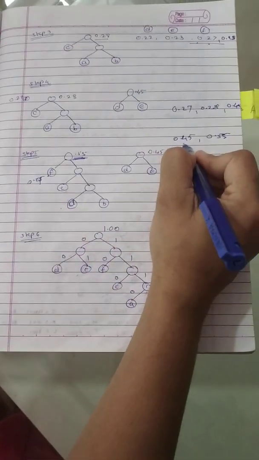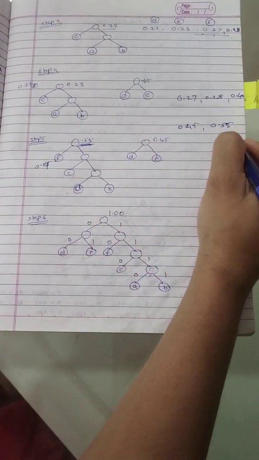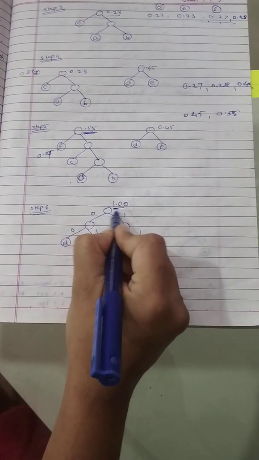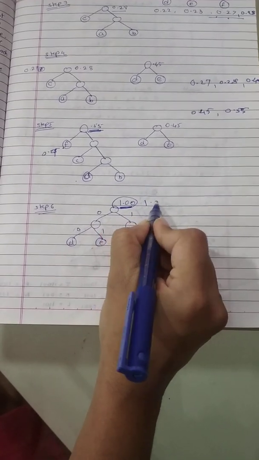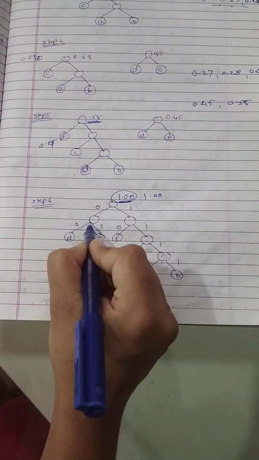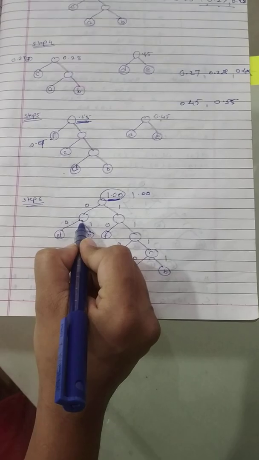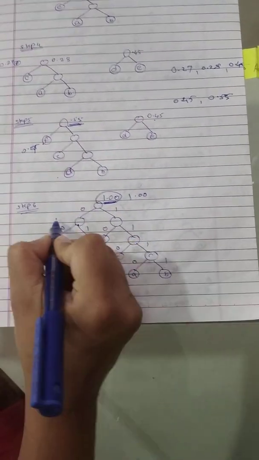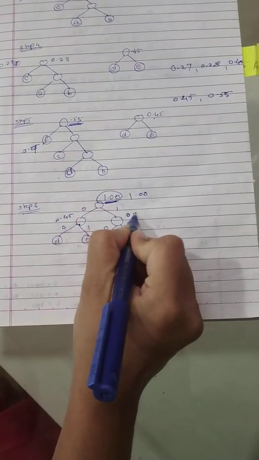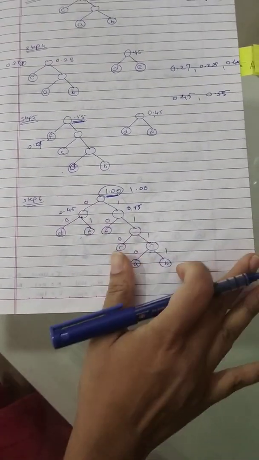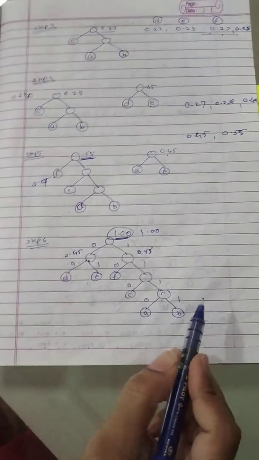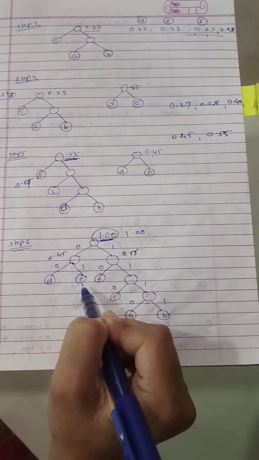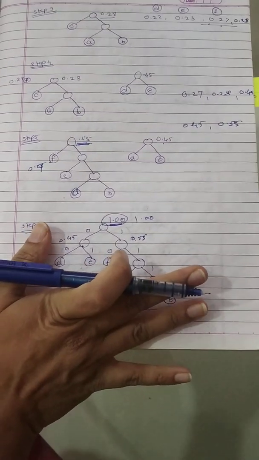Again arrange it in ascending order and draw the complete tree. Now 0.45 is the left node and 0.55 should be the right node. Now here the derived tree node will be having complete probability 1, and the remaining, that is the first one, 0.45, is represented by the left node and this 0.55 is represented by the right node. All of you get it? Now next task is what? You have to give the label to each and every link of your tree. Okay, this is your complete Huffman tree.